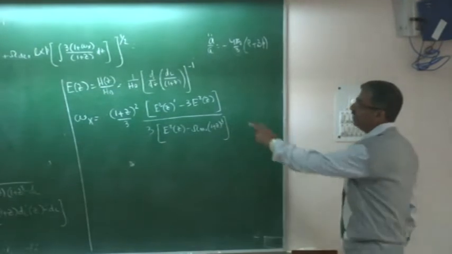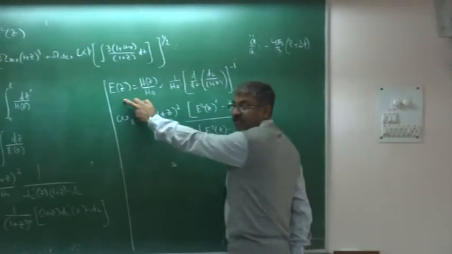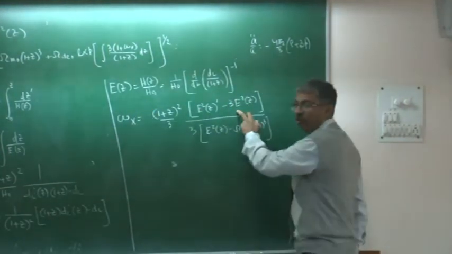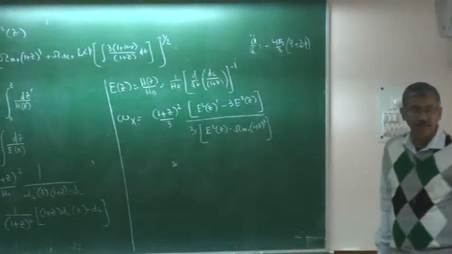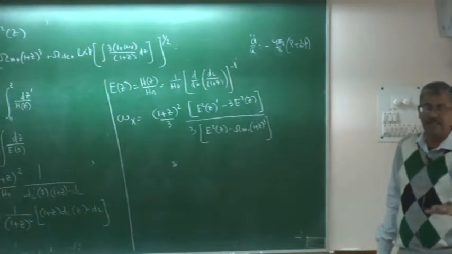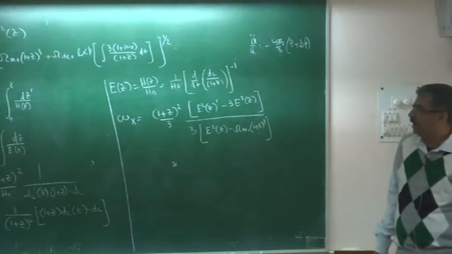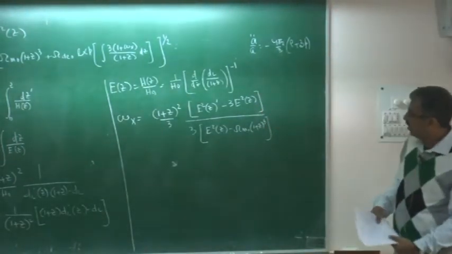So the idea is that first I have this D_L data. From there I have to reconstruct this E(z). Once I have reconstructed this E(z), then I put it over here and reconstruct the equation. So that is the technique, or you can say the algorithm, that knowing the D_L data, or knowing the supernova data, how one can reconstruct this equation of state.